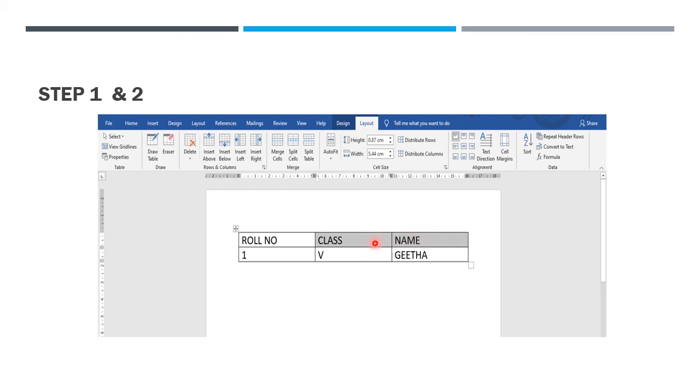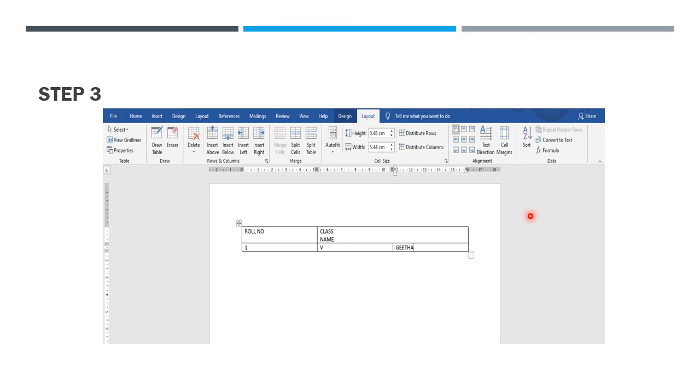Here I selected the cells and click the Layout tab. After that, click merge cells. From the merge group, cells get merged.